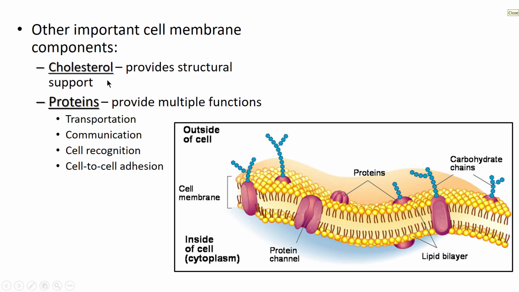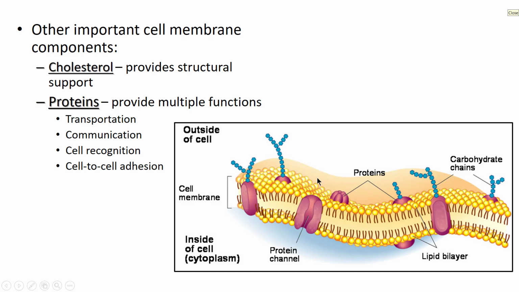Another key part are proteins that are embedded in the membrane. Think of the membrane like a wall, maybe like a drywall that encloses a room. Imagine building a room entirely out of drywall. What you'd find is that there's nothing to interact with. So what we do is we put light switches, doorways, we put interactive components into the wall to make the room more dynamic and interactive. That's essentially what proteins do. They take this sort of lifeless wall that's more like a barrier, and they allow different things to interact with it. So, for example, almost like a door, transportation